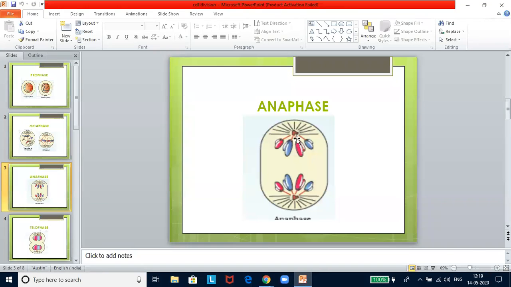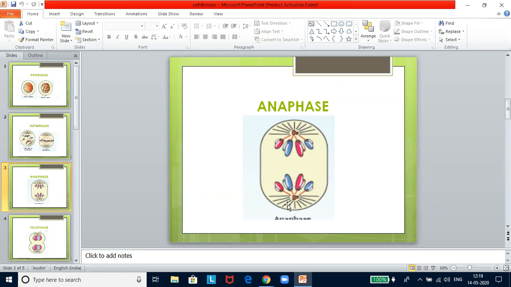Now we have already seen division of centromere marks the beginning of the anaphase. Spindle fibers have started contracting. They have almost disappeared from the center because they have started pulling the chromatids up. Now, when the chromosomes move towards the opposite poles, they assume V or J-shaped configuration. Variable shapes of the chromosomes are due to the variable position of the centromere.